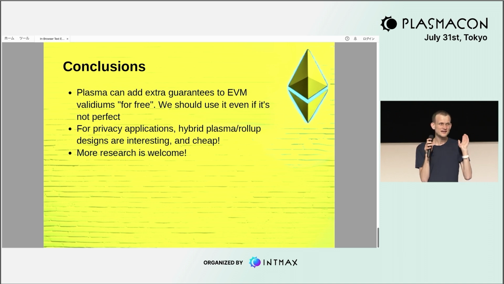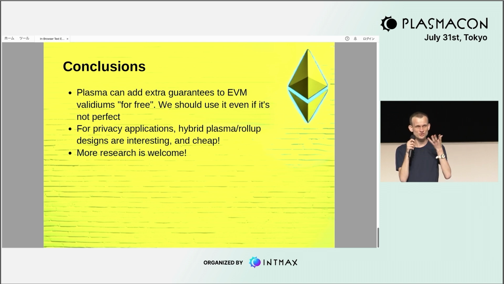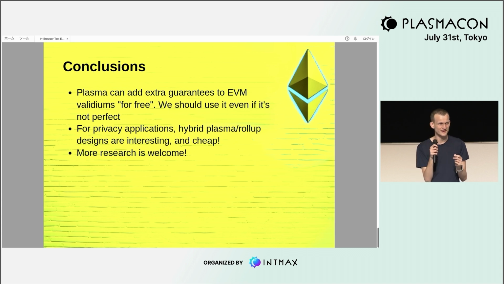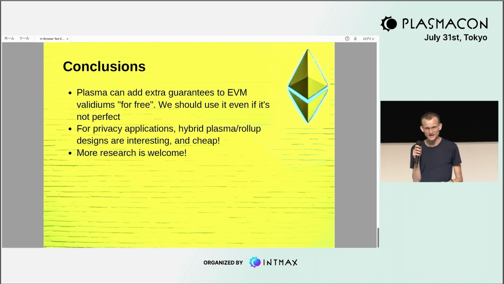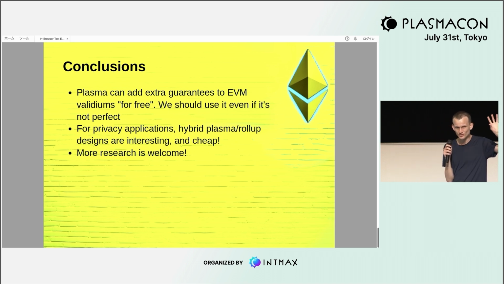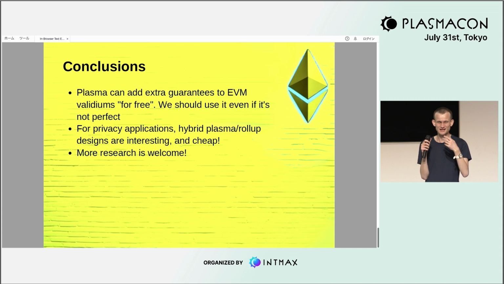Now, the version with off-chain data is always going to be less secure than the version with on-chain data, because you just get so much extra security from having the data be directly there. But there's this interesting question of how much extra security can you actually get while still having your data off-chain and having super cheap transactions as a result. So the way that I think about these plasma ideas is, if you're an L2 and you have data off-chain, step 0,